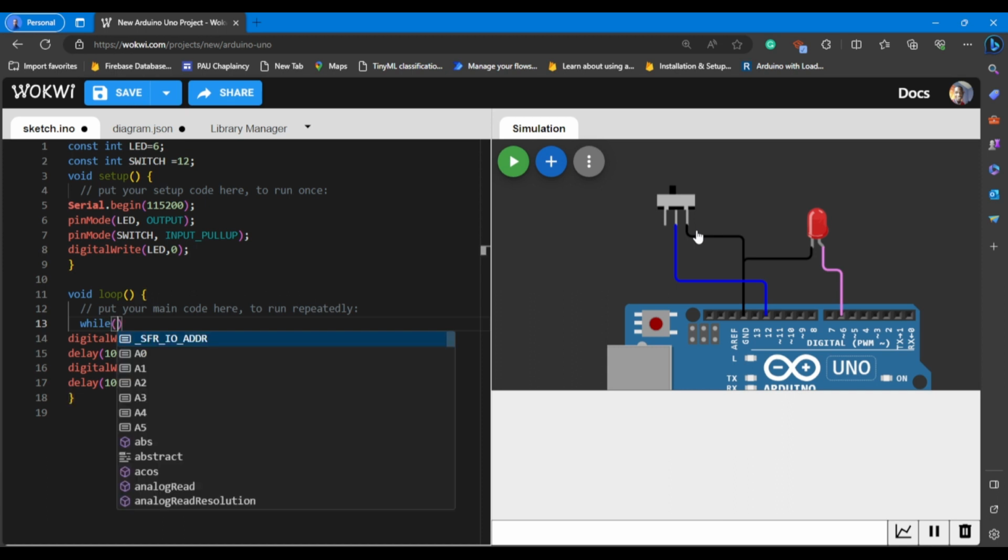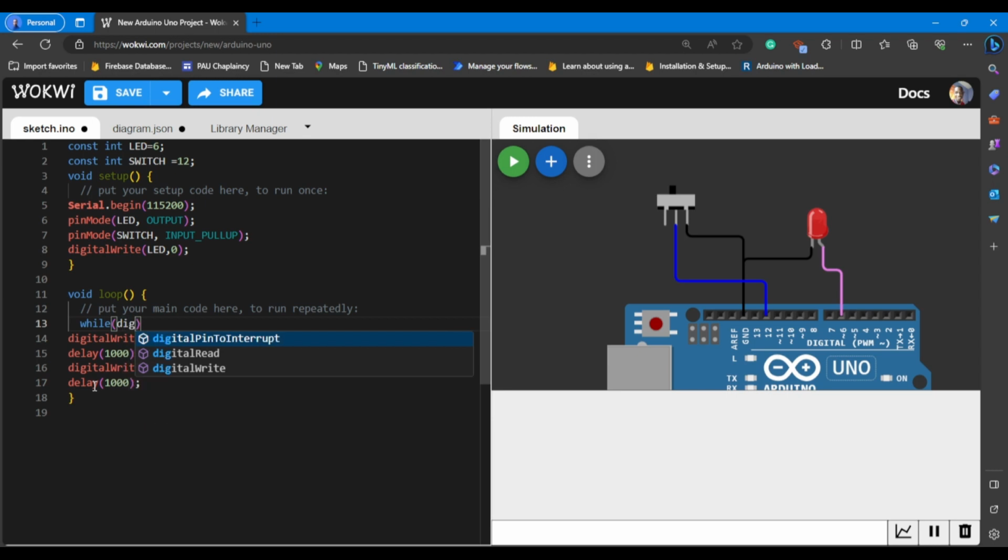So in the while loop, the condition will be if the state of the button equals false, or equals 0, then the blink code I wrote here should run. So we're going to do digitalRead. While digitalRead(SWITCH)